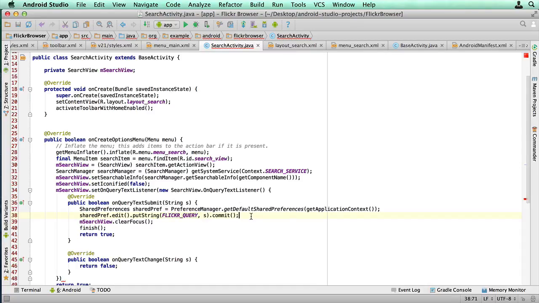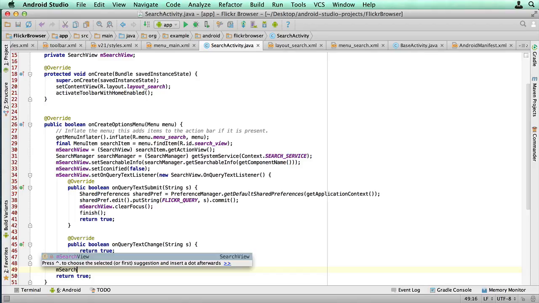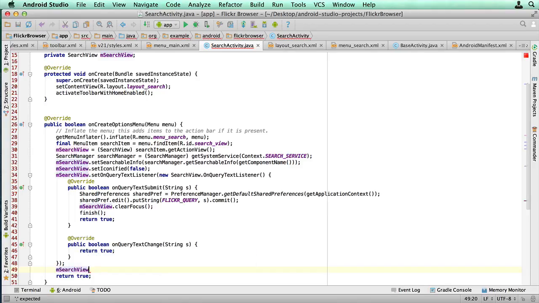Okay, that's now fixed. On query text change, we'll leave that as return true because we won't do any processing for that. Okay, we need to add that. And then the other thing I'm going to add here is another listener for a close event. So at search view dot set on close listener